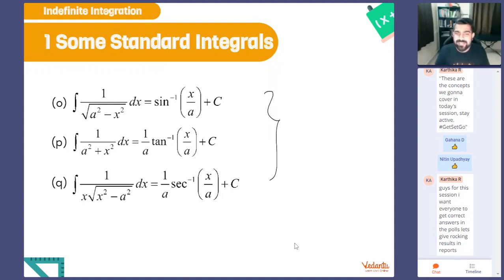which involves inverse trigonometric functions. So guys, we will use these too frequently in today's class. So please make a note of all three. That's about it. So these are all the formulas which you are supposed to know.